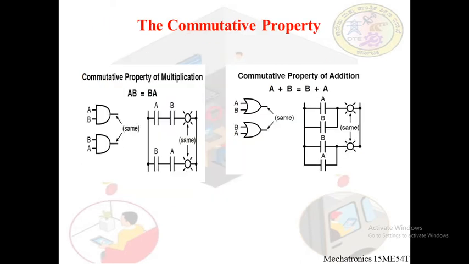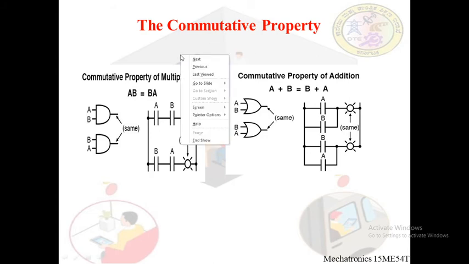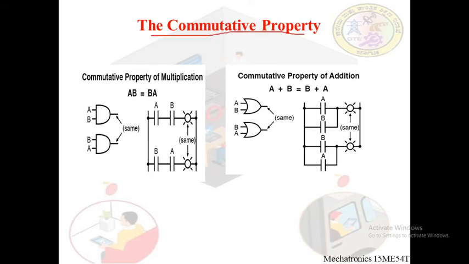So at last we'll be seeing a few properties associated with Boolean algebra. We have already seen De Morgan's theorem in our previous sessions. Let us try to understand these simple laws. The first law is the commutative law. Commutative law, as the